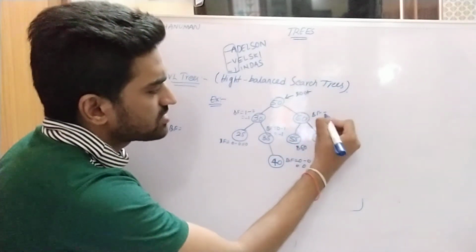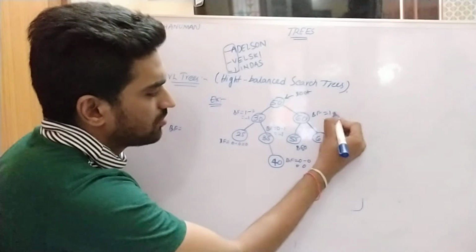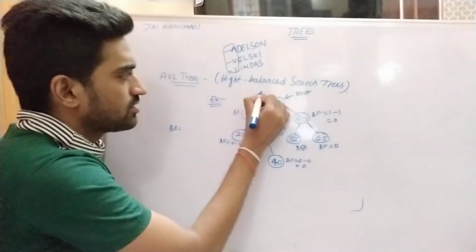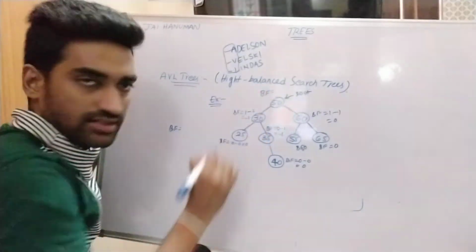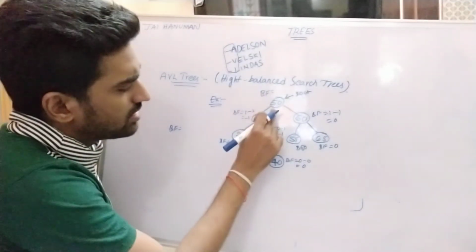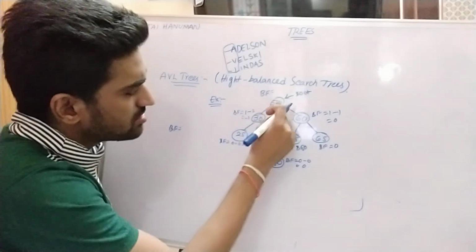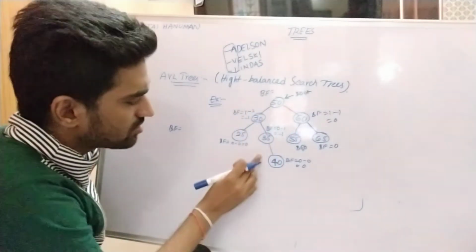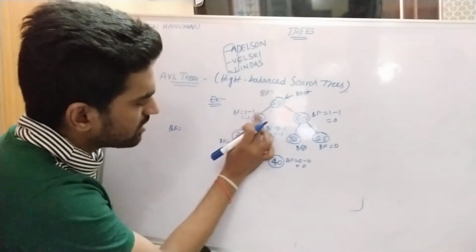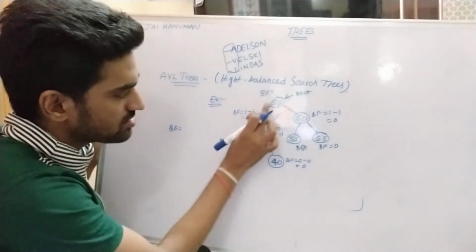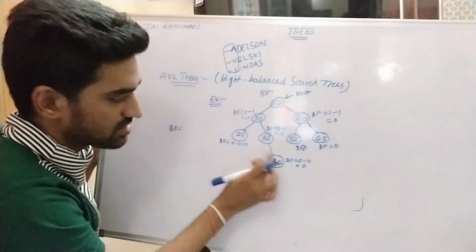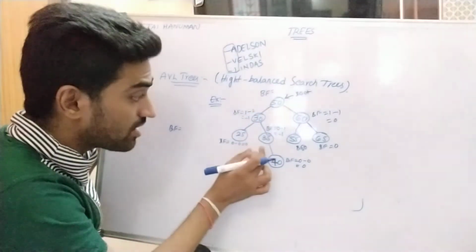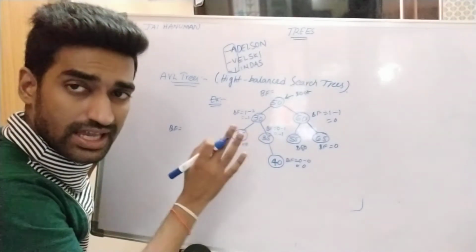So height of a left subtree, 1 minus 1, which is equivalent to 0. Then here I am calculating balancing factor. So here, the longest path from root node to leaf node to that node, right? So what is the longest path for this one? Here two paths are presented for this node. One path is this one, one path is this one, right? So what is the longest path? This one is the longest path. So here I am taking the longest path only for calculating height.